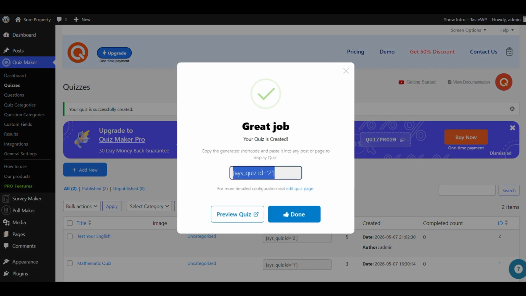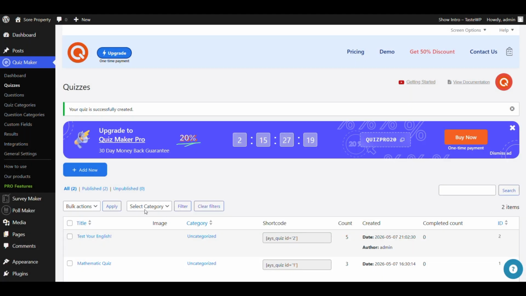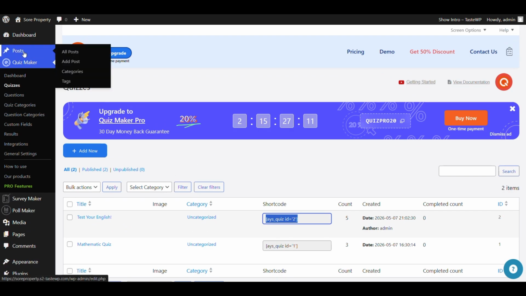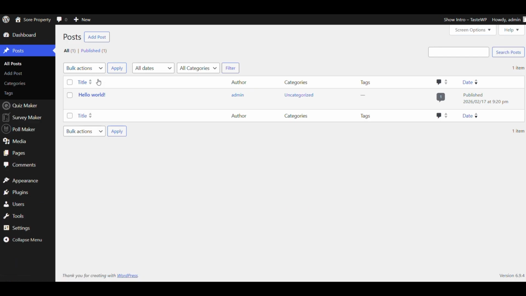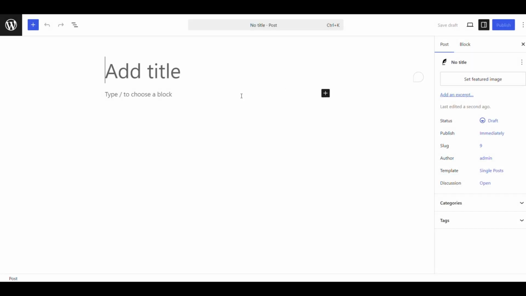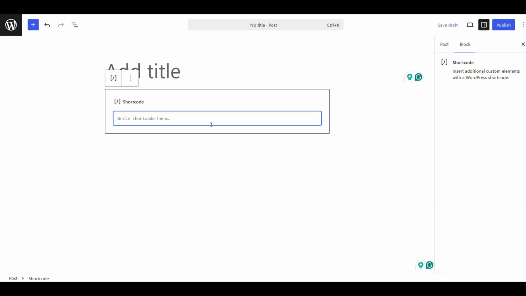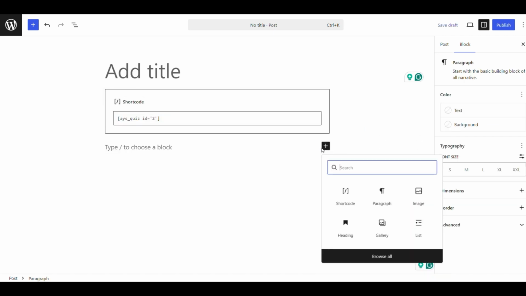You can find the generated shortcode at the top of the quiz or in the quiz list table. To view your quiz, simply paste the shortcode into any post or page. Go to Posts or Page, select Add New, set the block type to shortcode, paste your shortcode, and then click